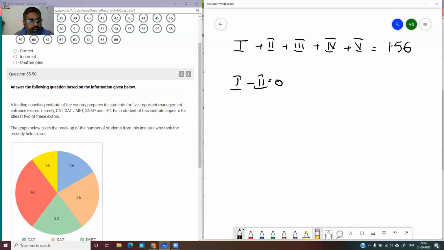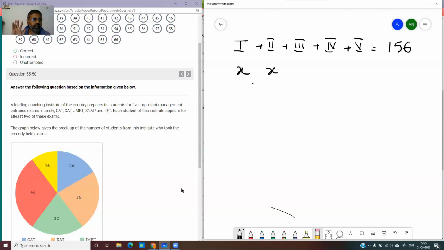So here, there is nobody who is exactly 1 because they've said every student appears for at least 2 exams, which means, we don't know the total number, but we know that these 2 will be the same. X and X will be the same, isn't it? And the condition is at least 1 is greater than at least 2 is greater than at least 3 is greater than at least 4. All those conditions are there. I think this is the basic understanding, and all that we can get from this.